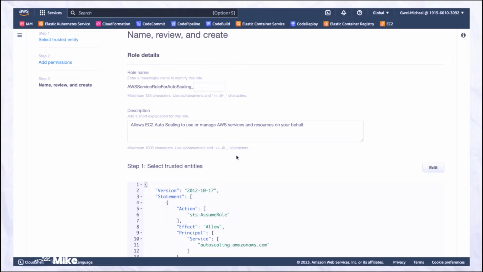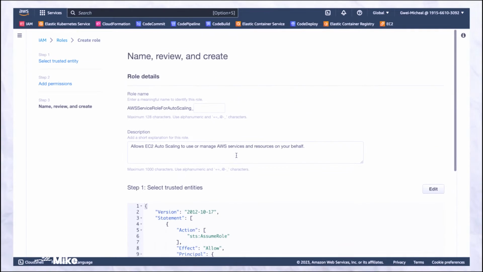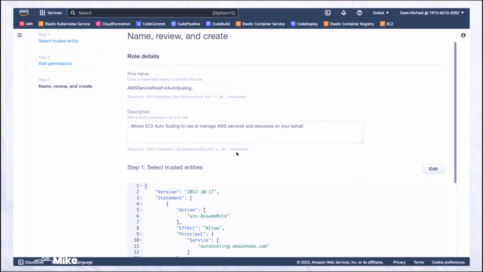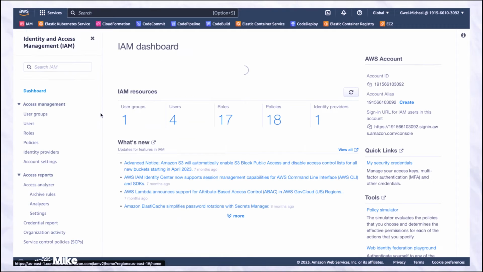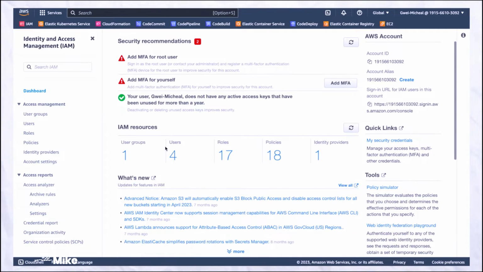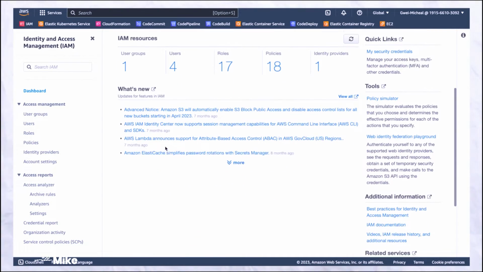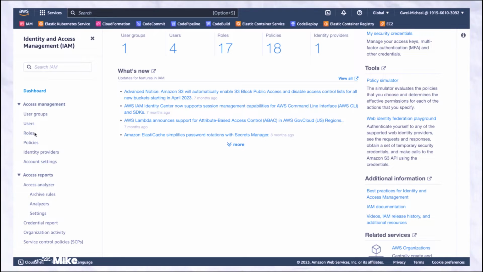You can give the name of the role, where we've already given a name, and once you do that, you create a role. Now every time you attach this role to any user or any service or any identity, that user will have just the AWS IAM service role for auto scaling. So that is one of the key things which you must understand as far as security is concerned. It gives you the ability to give users just the necessary or the least privilege mode, where they have just the required permissions to perform operations on a particular